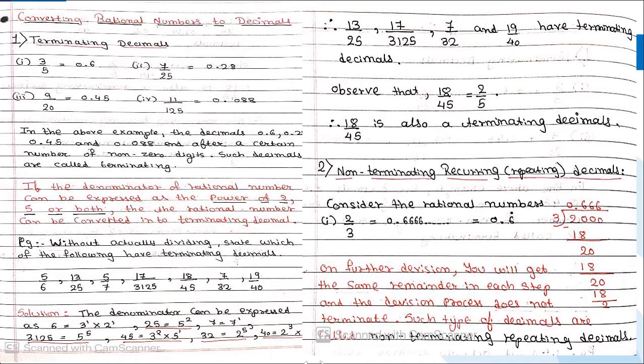So students, you have learned the first concept of a rational number, that is how to find the rational numbers between the given rational numbers. And the second concept is converting rational numbers to decimals. Students, when I was teaching you in the previous slides about the meaning of the rational number, there we saw the third point about the rational number was rational numbers are also in the form of terminating decimal or recurring decimal, correct? So here we will learn again.